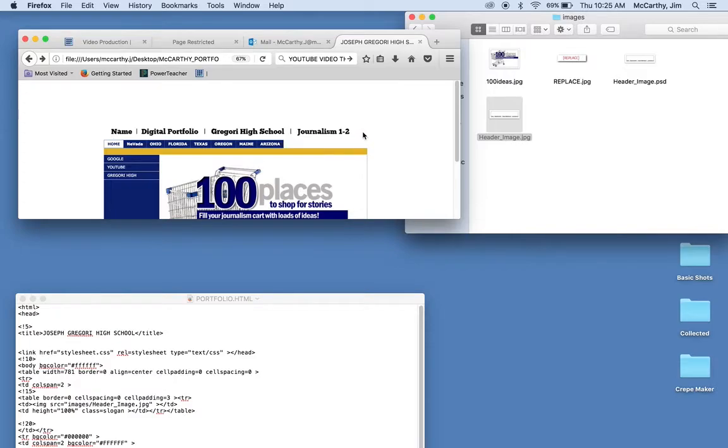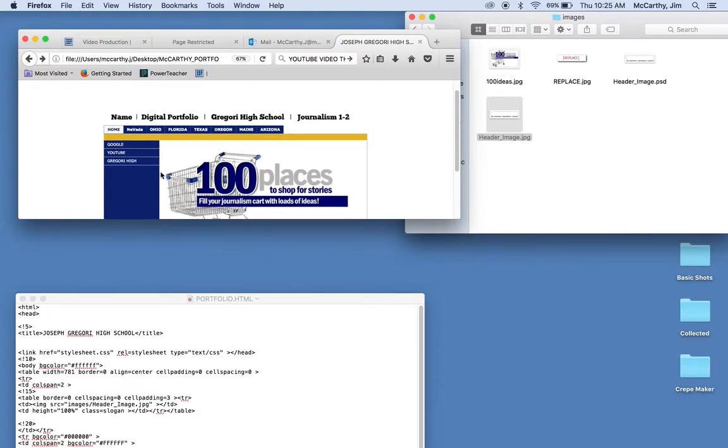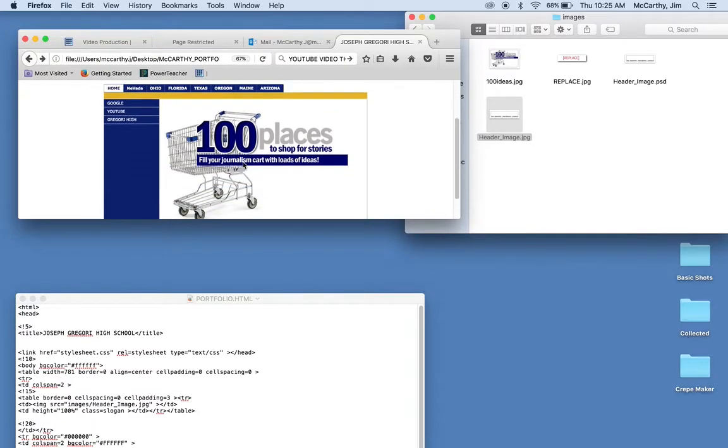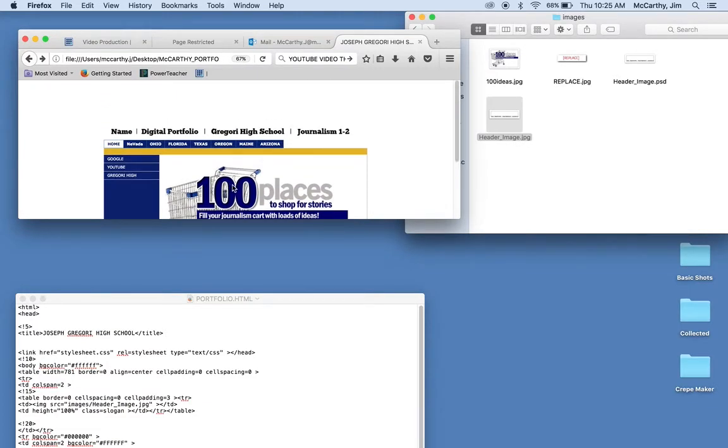Obviously, this is an incomplete header image, but as you can see, this is how you replace one to the other. We will in the future be replacing this. You will have the opportunity to change the colors here within the links up top, this mustard color here, and then this navy blue coming down the side. You can see why those colors are here. They tend to match what's in the image here, and in the future we'll be changing that out. So go ahead and play with colors that are here. Make sure you save that PSD, because some future requirements may ask you to make adjustments to this image. Okay, so